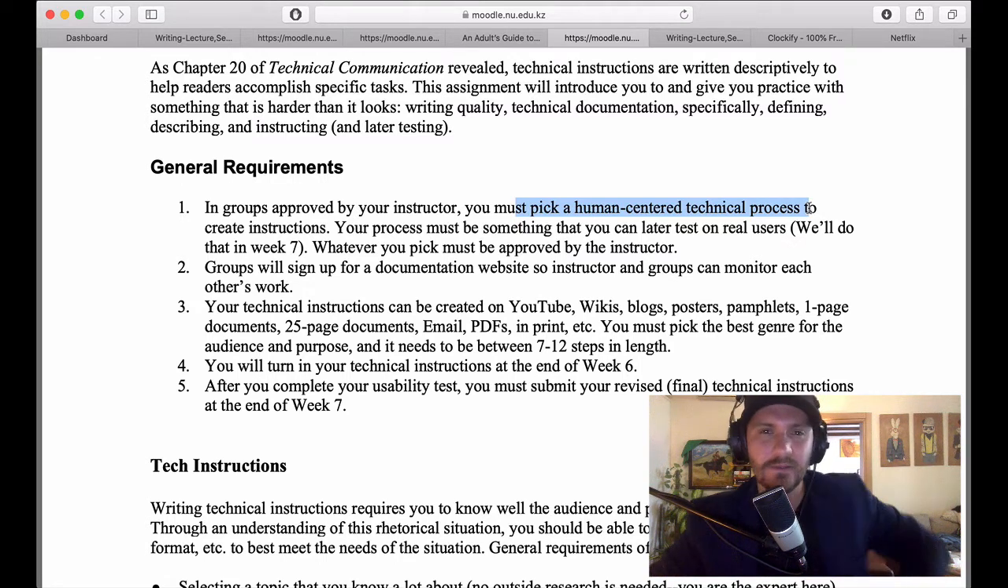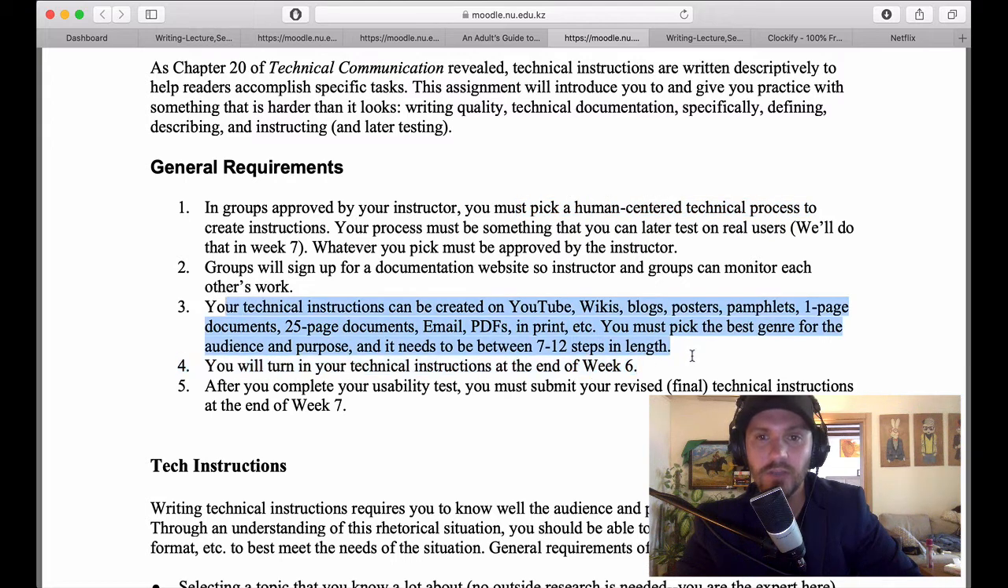So let's say we decided to pick that machine that you use to pay your cell phone bill. We want it to be focused around paying your cell phone bill. So you can decide any genre you want. It needs to be between 7 and 12 steps in length because it shouldn't be too